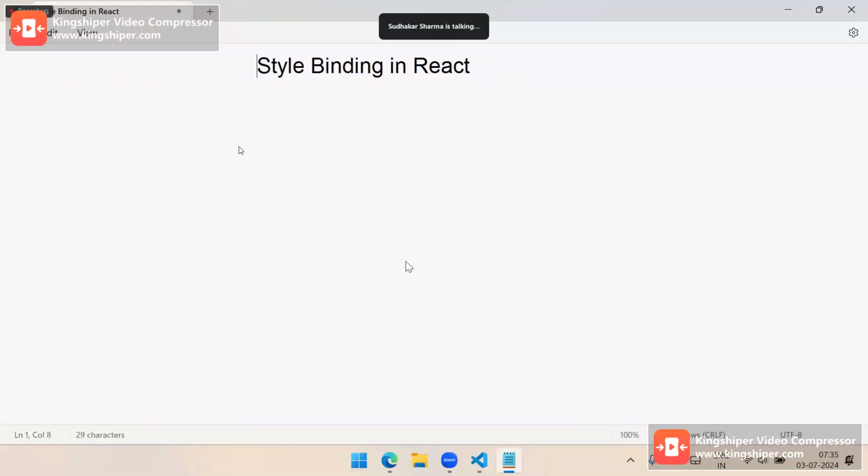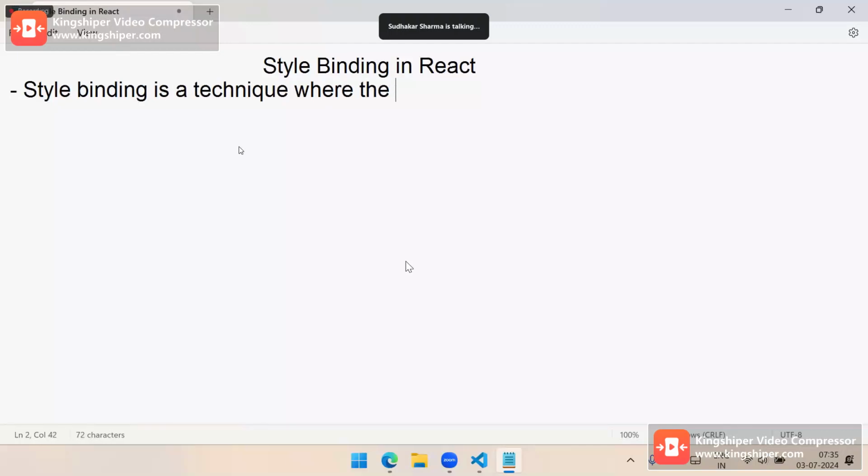Along with events we will use them. So what is style binding is simple. Style binding is nothing but how you can dynamically apply styles, because in some events we need to do that. Style binding is a technique